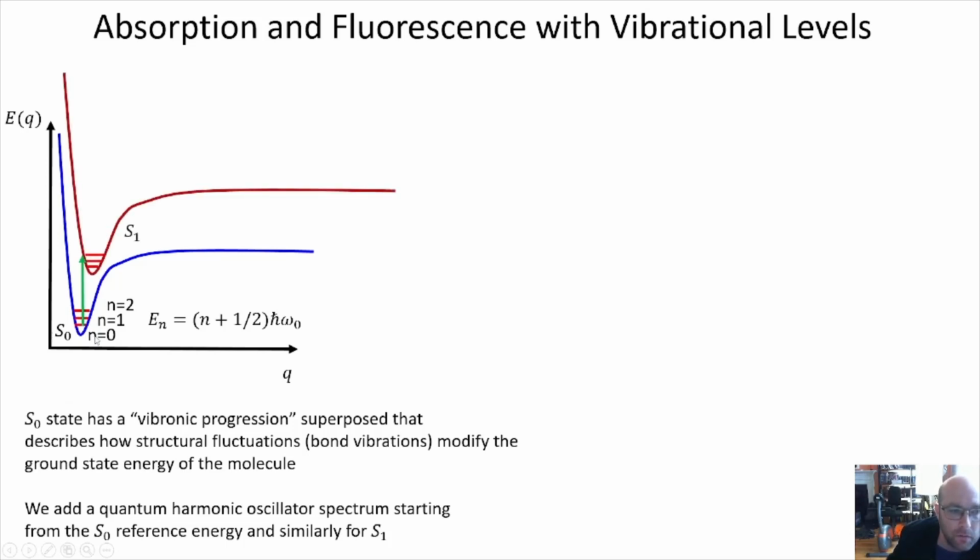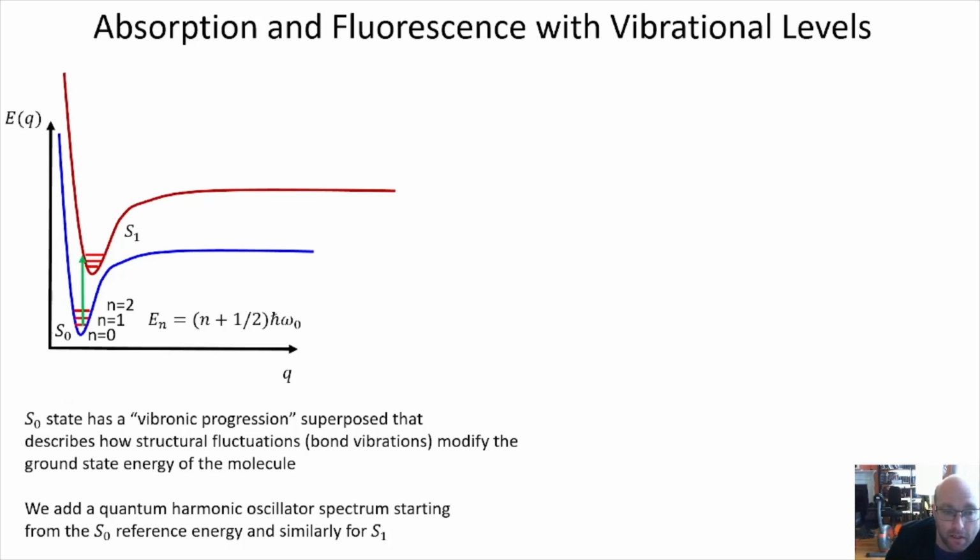And a similar situation occurs for the S1 excited state. That excited state has a known geometry that's different than the ground state geometry, where we're just characterizing geometry by some generic reaction coordinate q, right? And so you have a vibrational progression superposed on the excited state as well. And so you now have transitions between ground and excited state that need to consider the vibrational